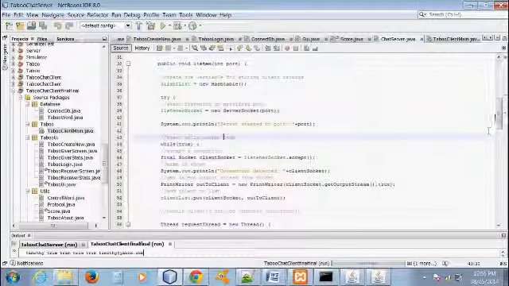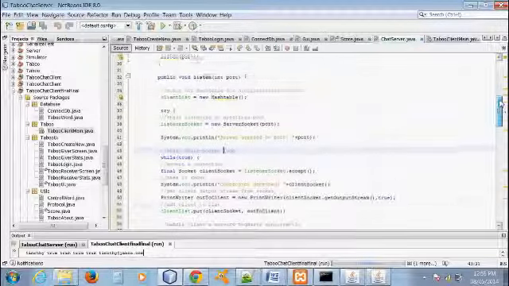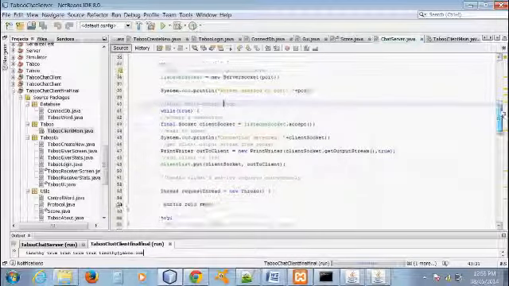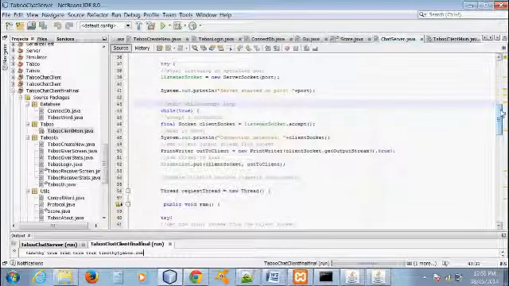If we go to our chat server class, we see some server-side application coding with the socket, creating a listener socket so that the server can listen for new clients, listening on the specific port,